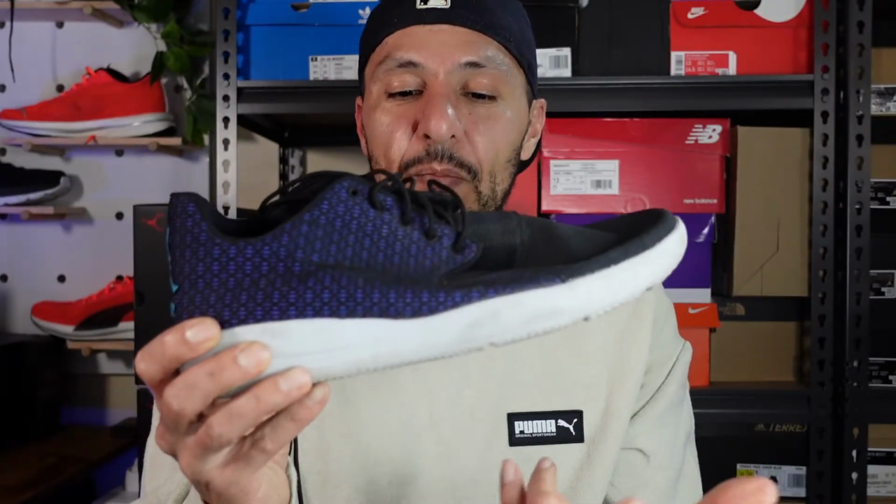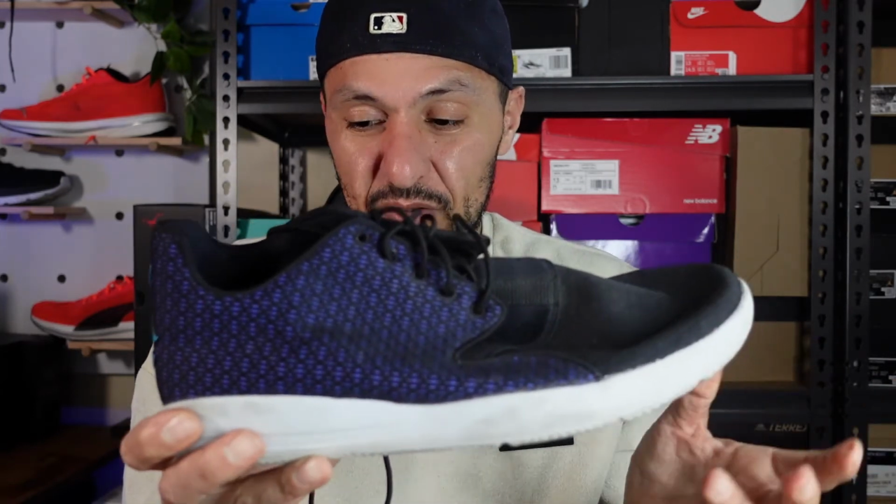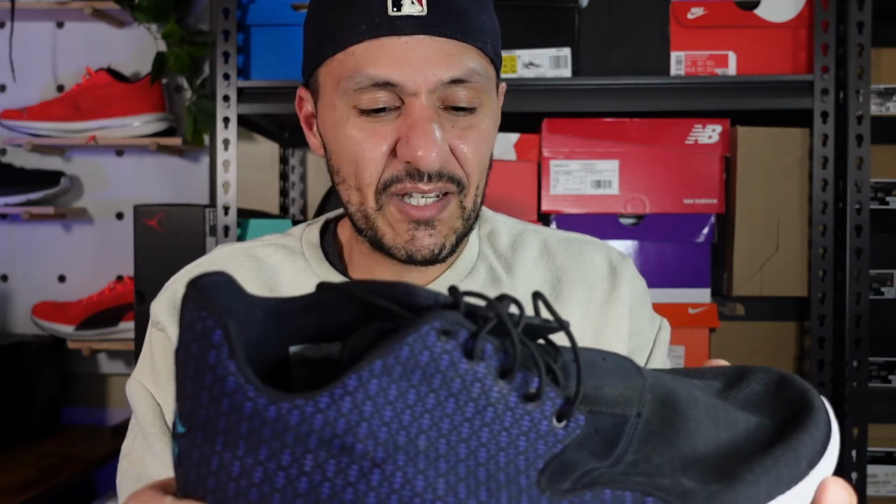Into the midsole, and what we've got is a really uninspiring midsole. It is, in this colorway at least, white, and it really just looks like a slab of foam. There's no real etching apart from a little bit around the back of the midsole that wraps around the heel. There's like a line that's been etched into it, but it really isn't anything fancy. It actually looks like a midsole that you would find in a really, really cheap pair of shoes. On feet, it feels fine. It's not particularly soft. It just provides protection against the ground, I guess. It's pretty basic, but